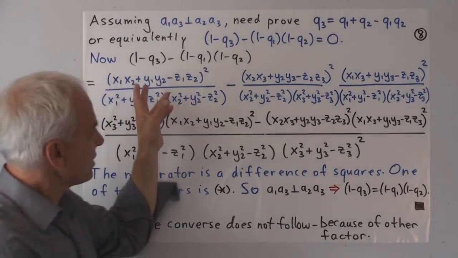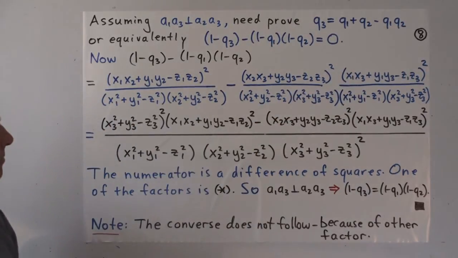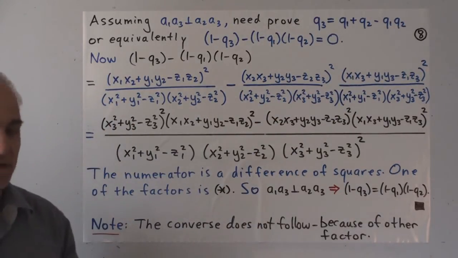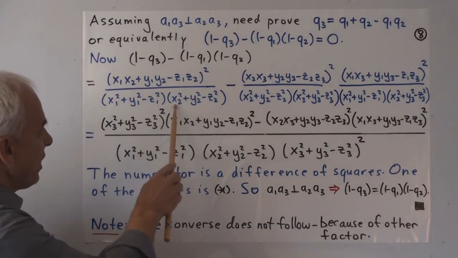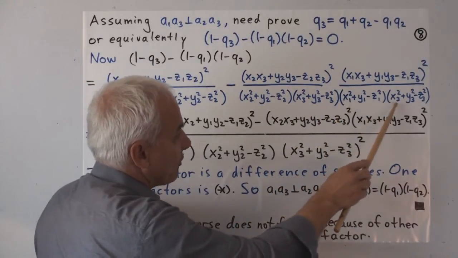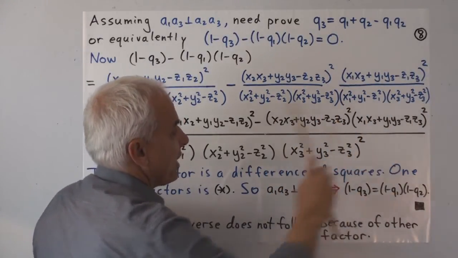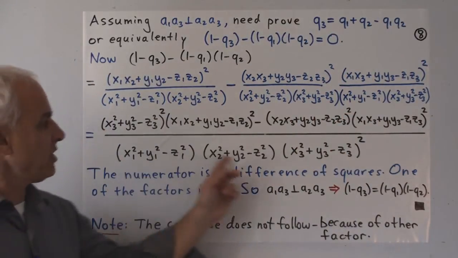So this minus this times this. We want to get everything over a common denominator. Here there's these x1 squareds and so on, x2 squareds. Here's x2 squareds, x3 squareds, x1 squareds, and x3 squareds, all of these multiplying together. So we're going to take this product of these four things to be the common denominator.